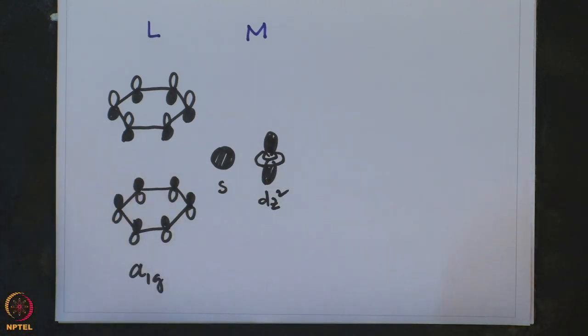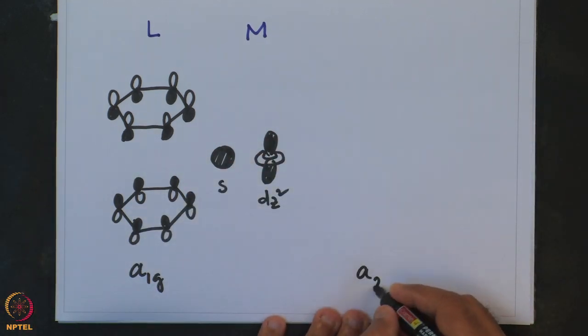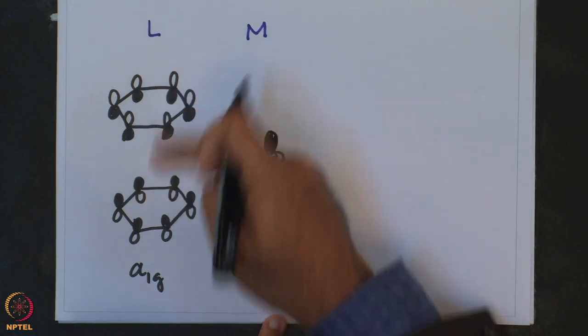Similarly, the other combination would be A2U, where they would just flip over